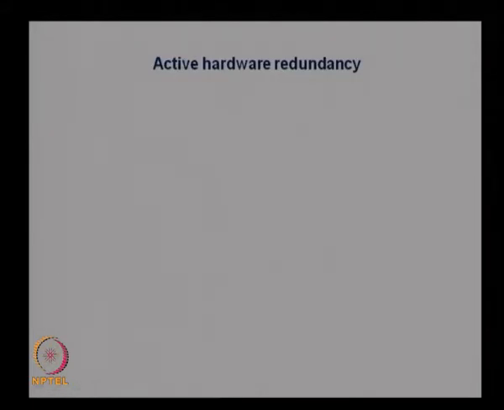The next one is the active hardware redundancy. Compared to passive hardware redundancy, in active hardware redundancy we will try to identify the location of the error. We have to do all the functions of fault tolerance. In passive hardware redundancy, we do not really declare an error, or we do not know whether an error happened, because it will simply hide the error. But in the case of active hardware redundancy, instead of hiding the error, we will try to get the source of the error and then carry out all the other operations of damage confinement and reporting and other activities. So, that is the basic difference between passive hardware redundancy and active hardware redundancy.